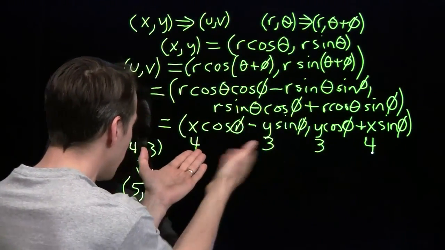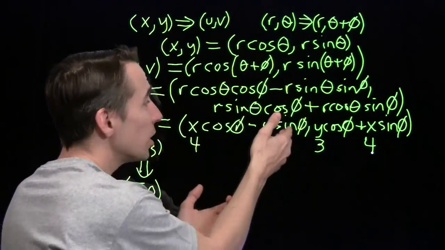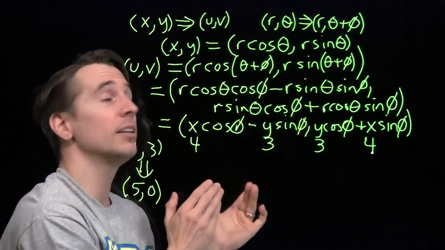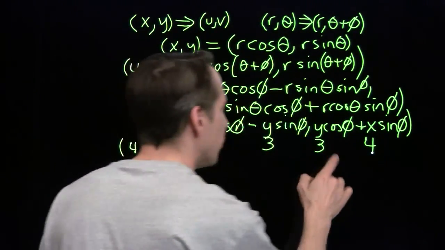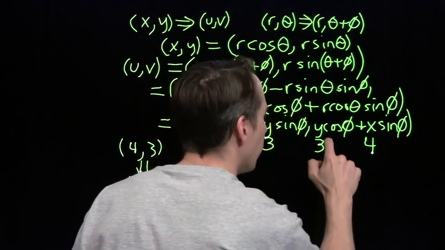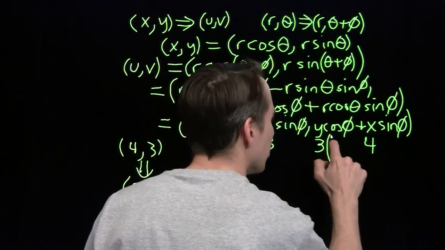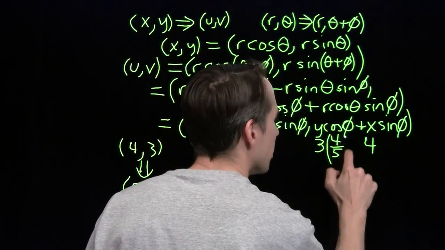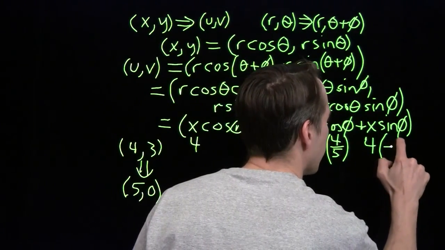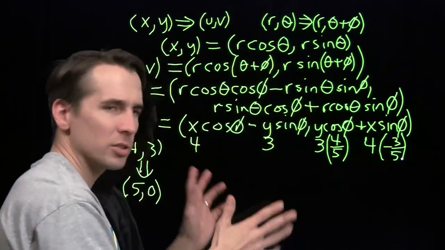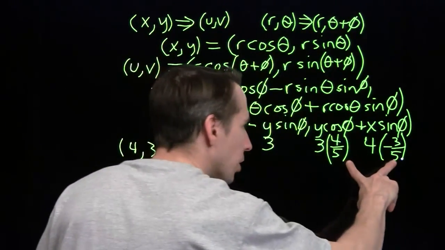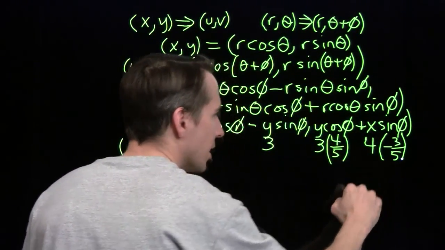Well, we look back over here. We want this to come out to be positive 5. So we're going to choose the sine to have the negative. Sine will be negative, cosine is positive. One's going to be 4/5, one's going to be 3/5. We want these to cancel out. We're going to let this one be 4/5. We're going to let this one be negative 3/5. All right, and that's a fine sine and cosine because just add the squares of those, you get 1. So this is perfectly valid. There is a phi out there that satisfies this.